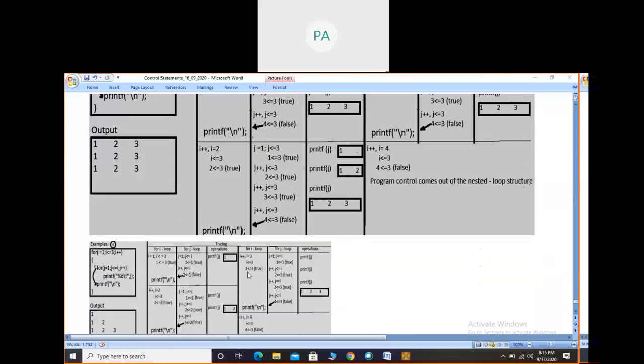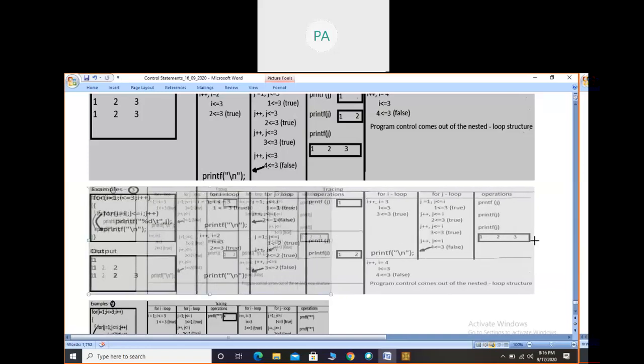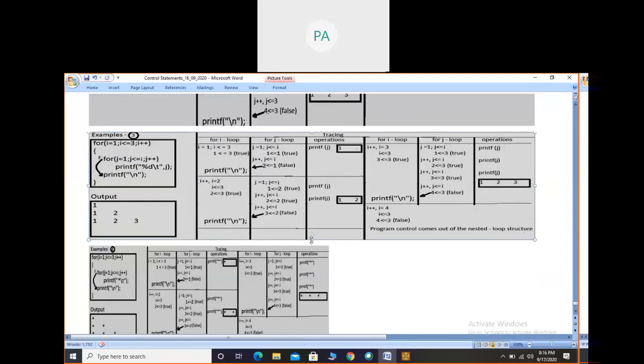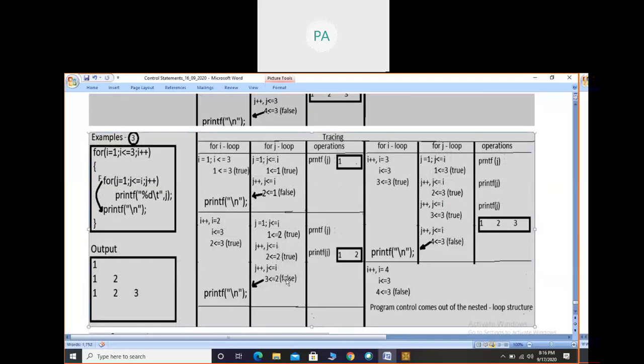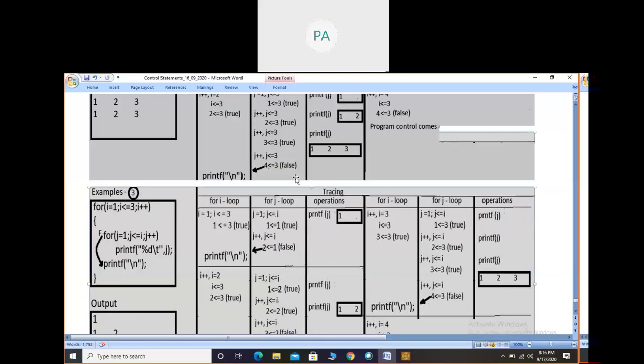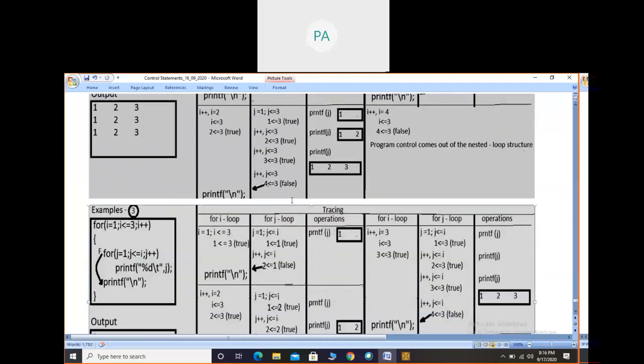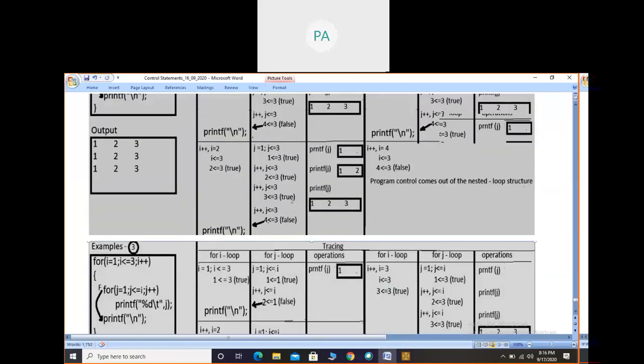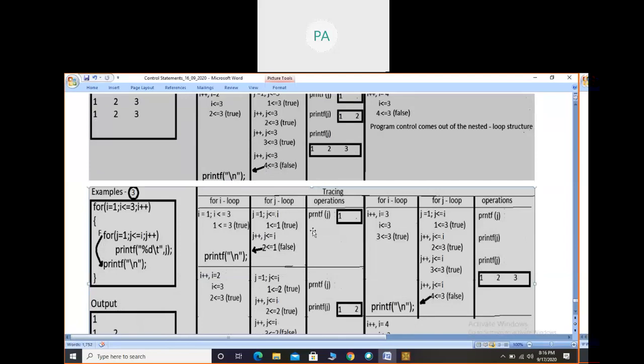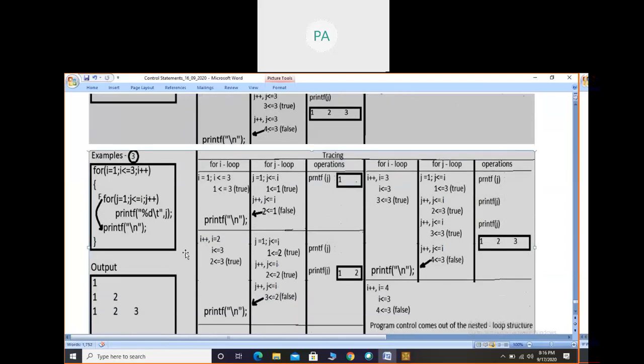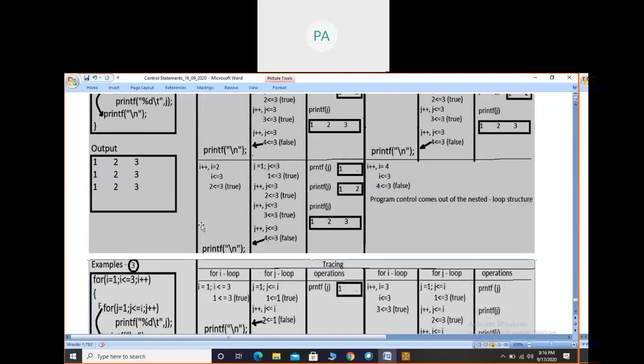Okay, so we shall move to the next example, third example of nested for. Here you look at this example. If we look at the second and third example, we think that it is similar, but one difference is there. I will tell you what the difference is. First, we shall look at the output. Then we'll come to know the little difference in the output.